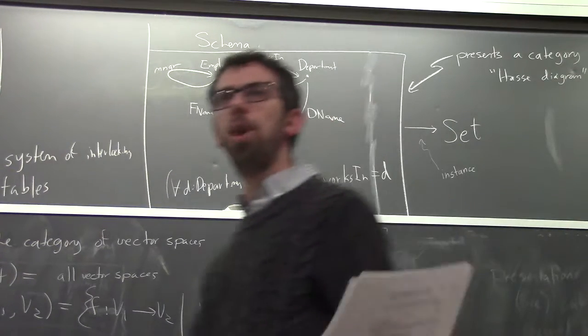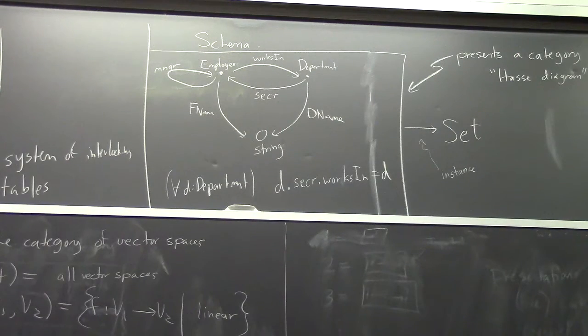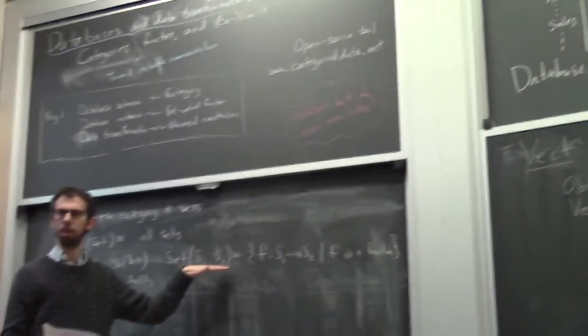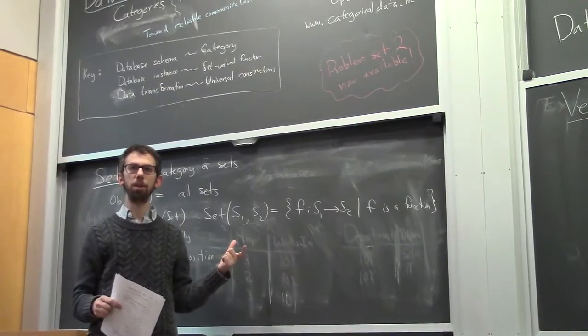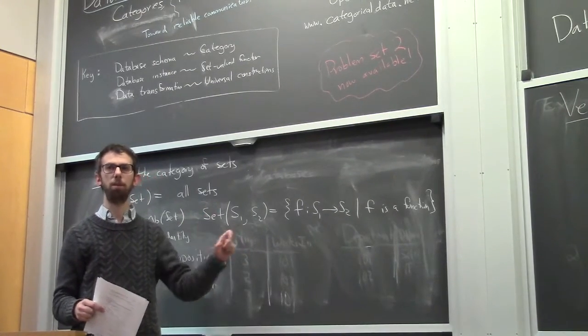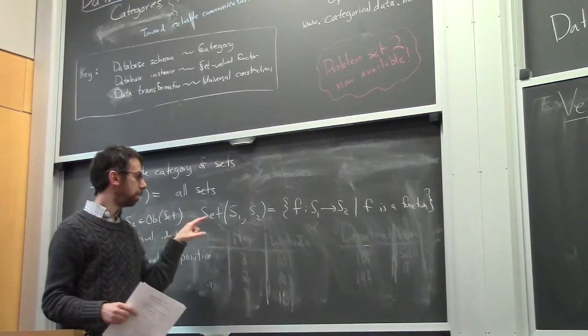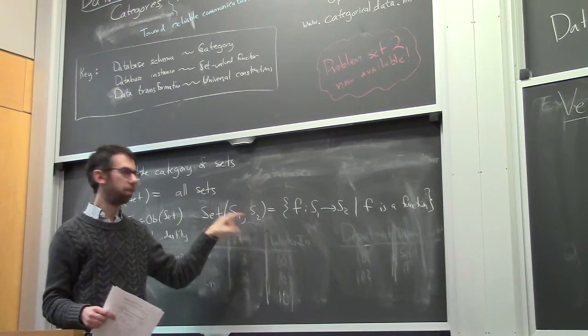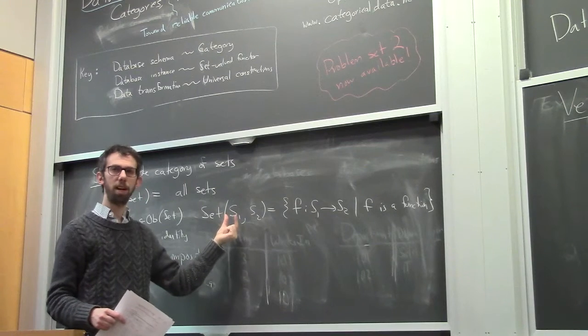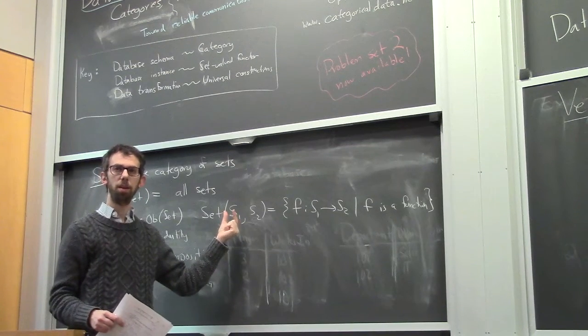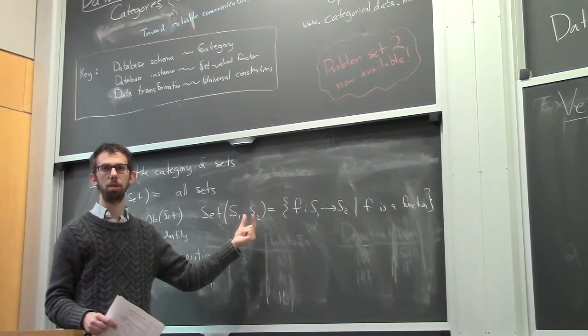Okay, so someone asked a question. They were asking about the category of sets. So in the category of sets, they wondered whether there's a function from a set to the empty set. Is that the question? And the answer is that's part of the definition of function. So to answer that question, you would go back and remember what a function is. And you would ask, is there a function from a set to the empty set? And what it is for every element of this one, you need an element of that one. So if this is non-empty, you can't do it. But if this is empty, then there is one.